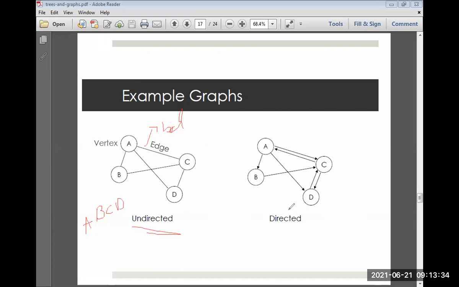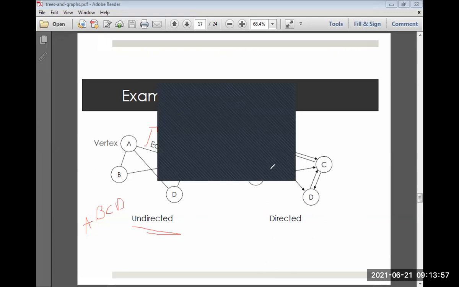A directed graph means it is represented with an arrow. In which direction we have to traverse is represented by the arrow direction. So here, from A to D only, there is no path from D to A. The direction indicates A to D only. This type of graph we call a directed graph. Okay, clear students?